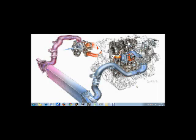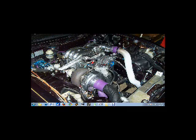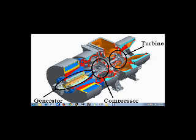And you're gonna want a blow-off valve and a turbo gauge. Okay, so I'm gonna try to explain this as easy as I can. A blow-off valve lets go of all the pressure in the turbo every time you shift gears. I don't know if you guys have ever heard this and just didn't realize it, but it's usually on little Hondas and that kind of stuff, and it happens on Subarus, especially WRXs and STIs, because they all come with turbos, but not all of them come with blow-off valves. Actually, I don't think any of them do. You'll have to put that in after. Anyway, it sounds like